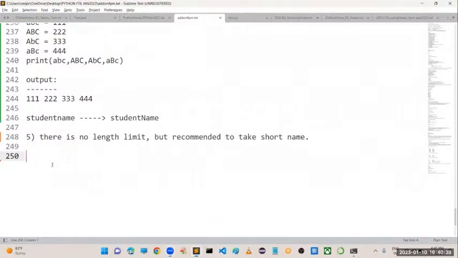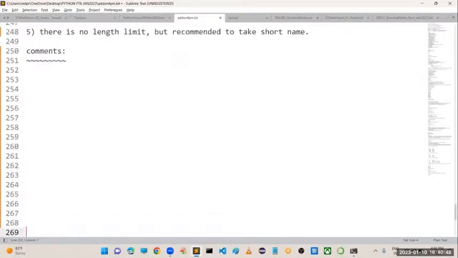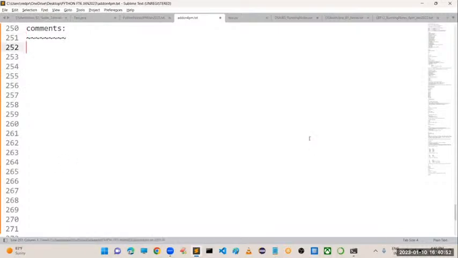After these keywords and identifiers, the next immediate topic is comments. Comments in Python: how you can define comments in Python. You know very well comments play an important role. Comments are used for providing a description.